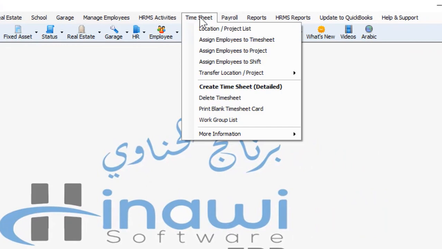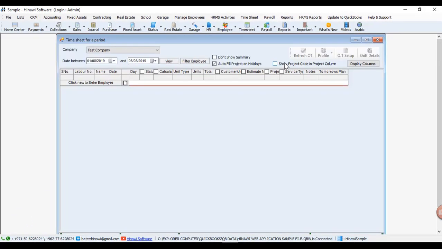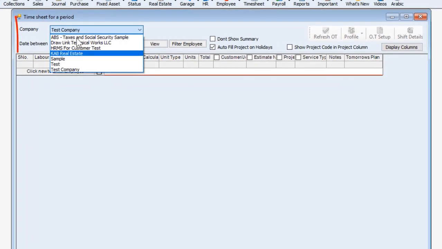I will show you that at the time of creating timesheet, you might have pop-up messages in which it shows you the steps or what you should do, but in case you're still wondering how to start creating the timesheet form without having those pop-up messages displayed in front of you, then you have reached the right place. First of all, we click on Create Timesheet, and then we select the company which we want from